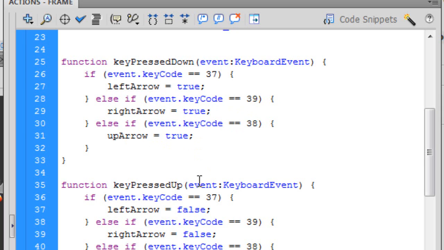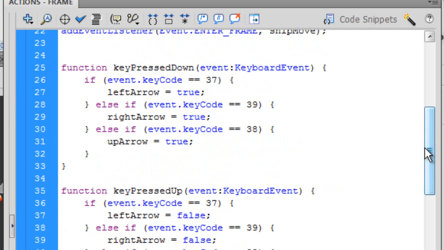This is the same thing we've been doing in the other videos, where we have motion due to our keyboard keys being pressed. Then we have our false for 37, 38, 39, for our left arrow, right arrow, and our up arrow. If it's released, or key pressed up is what we call the function, then they will all be false. Now we're going to run